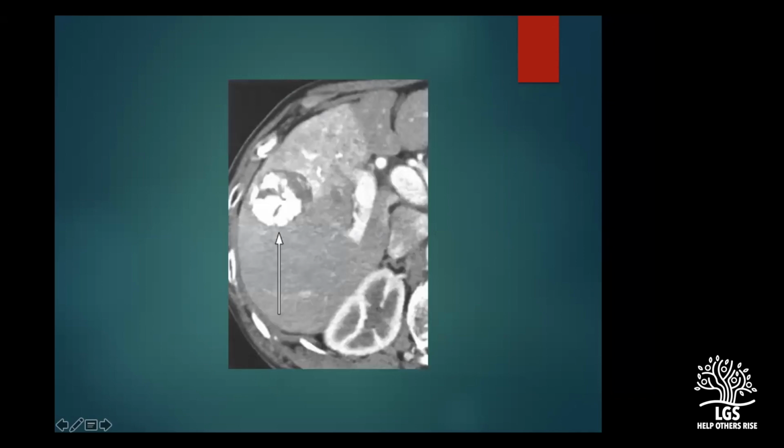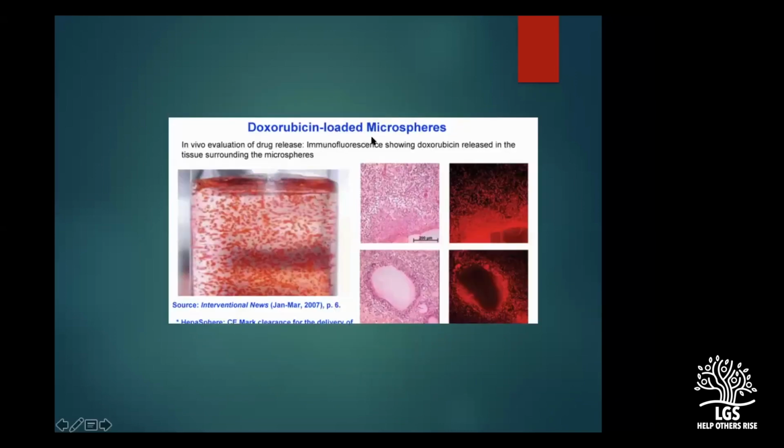And when we inject lipiodol, what you would see is that viable tumor takes up the lipiodol, and you will see the deposition of the lipiodol on the arterial phase, on the plain CT as well. So we know that this is a very good response following TACE. And this is what I meant by DEB-TACE. DEB-TACE is nothing but